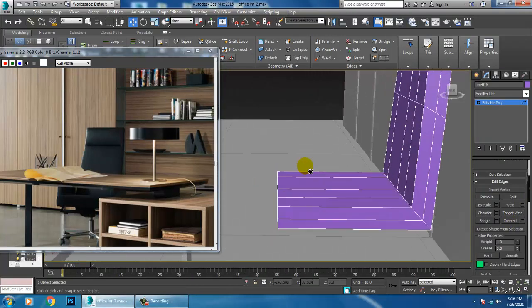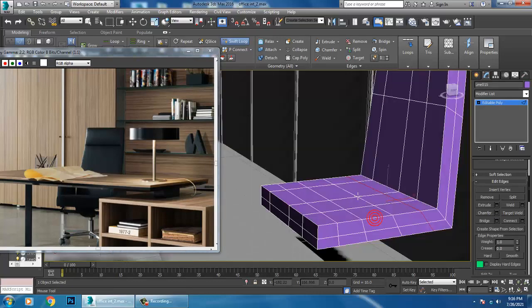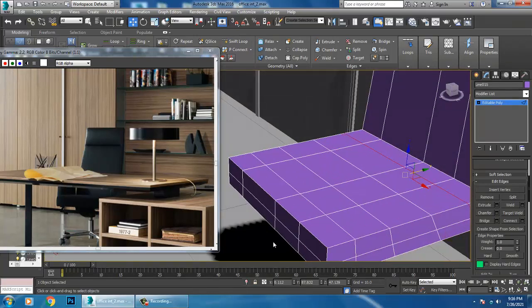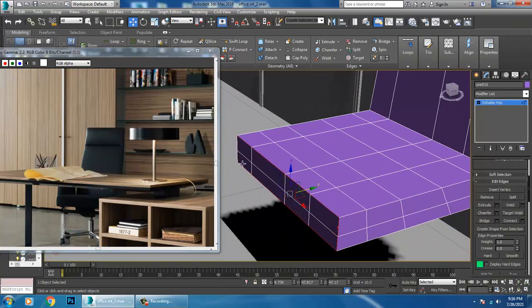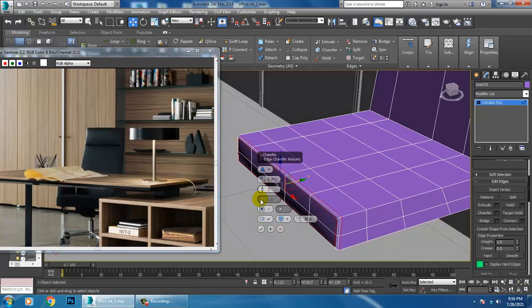After that, let's add some swift loops over here. Select the edges and slightly give a bit of chamfer to it and click OK.